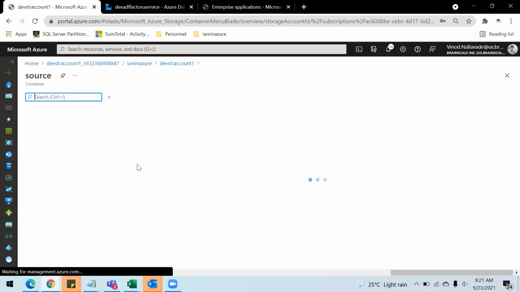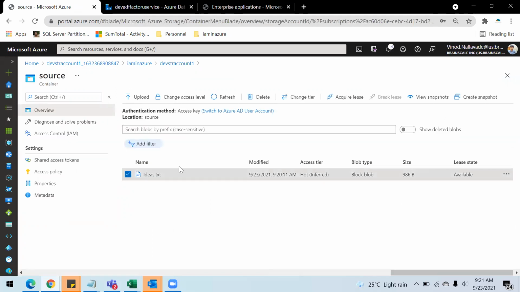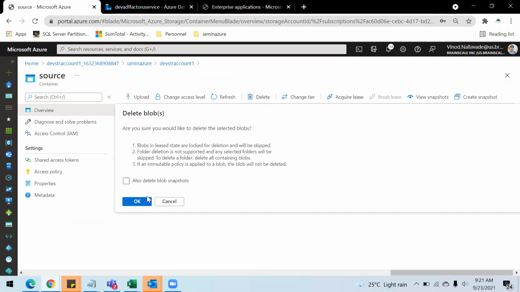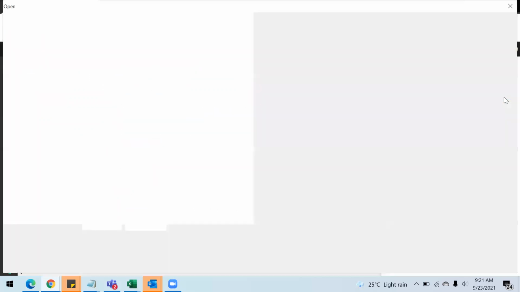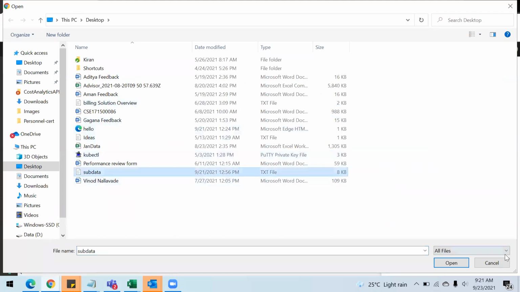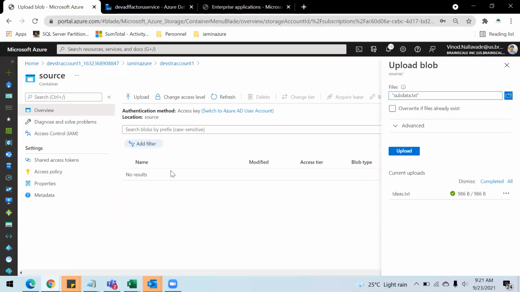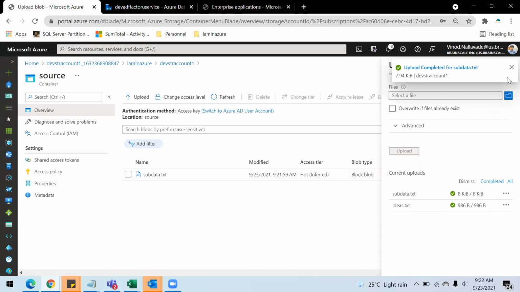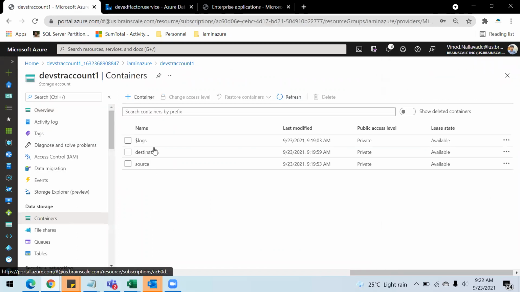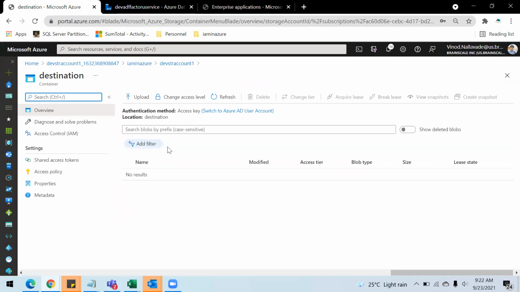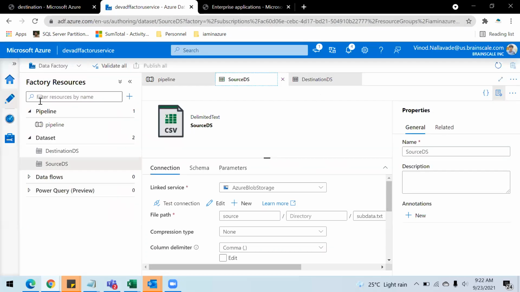Inside source, I am supposed to copy the same file, not this one. So let's delete this first and upload the same file. Nope, this is that file. Yeah, so I have that file name exactly matching. Inside destination, I don't have anything right now.